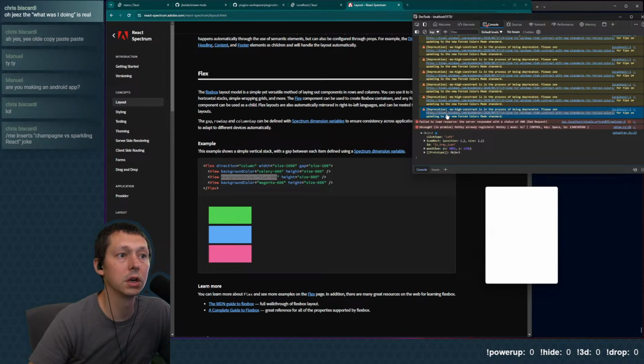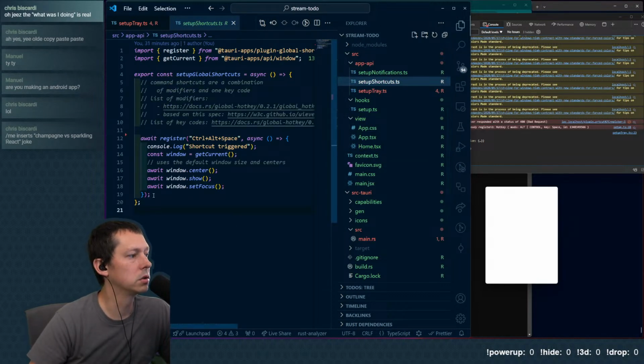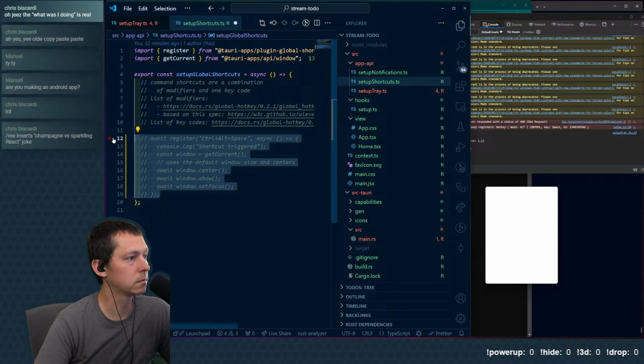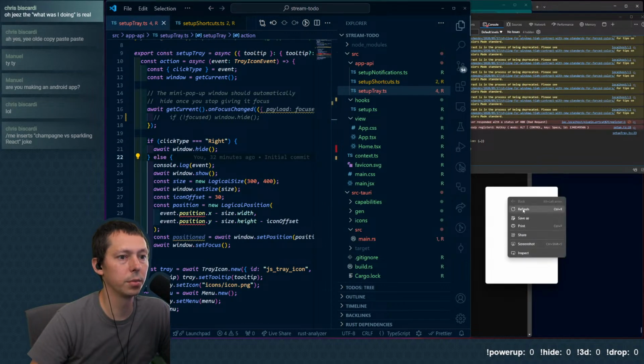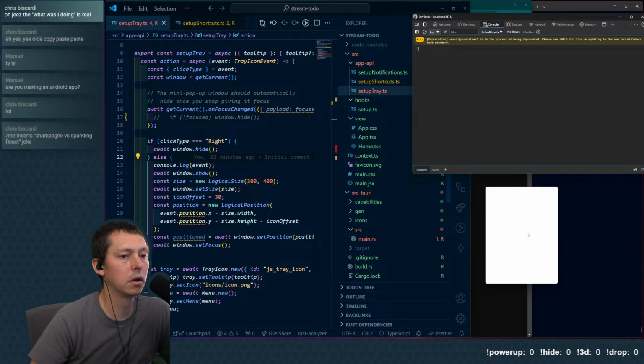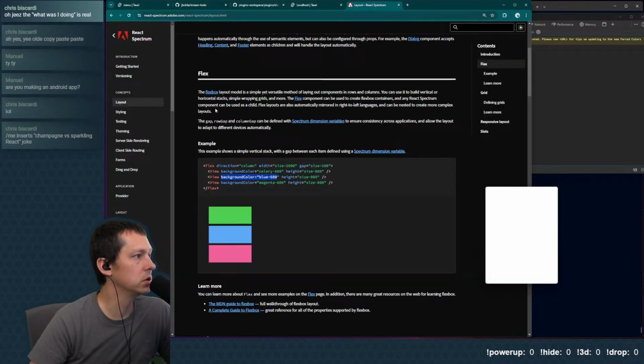Oh, this is actually a web view error, not. And we're also getting this. I'm going to turn off the hotkey, excuse me, the shortcut rather. I don't know if that's actually causing an issue or not, but let us do that. I guess the other bit too is we need